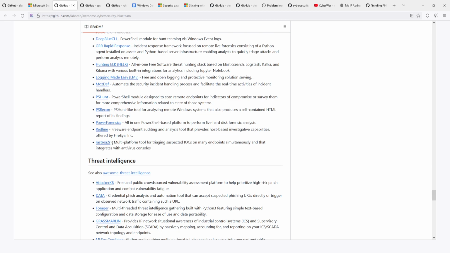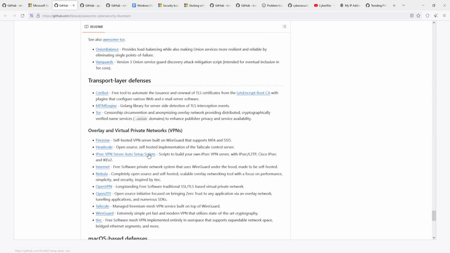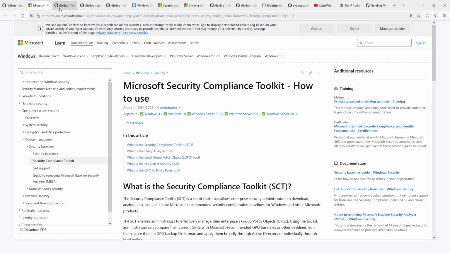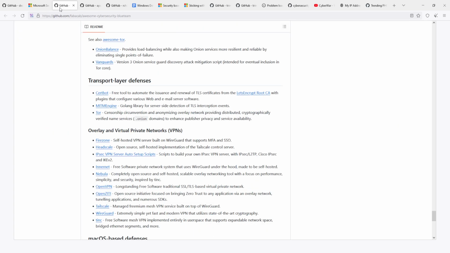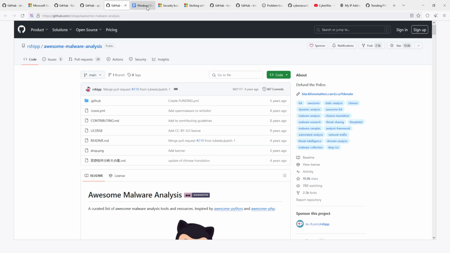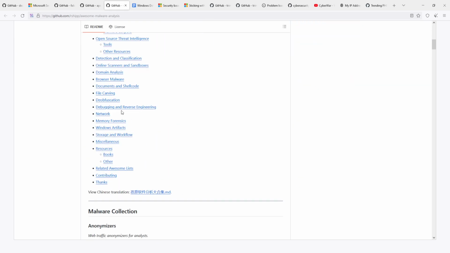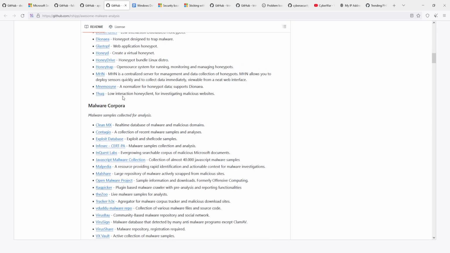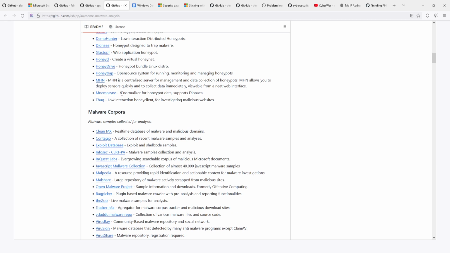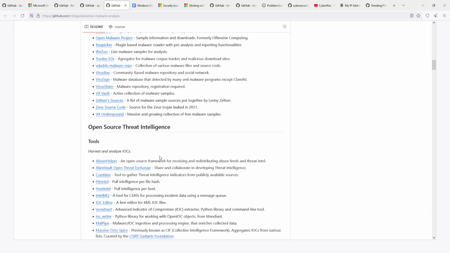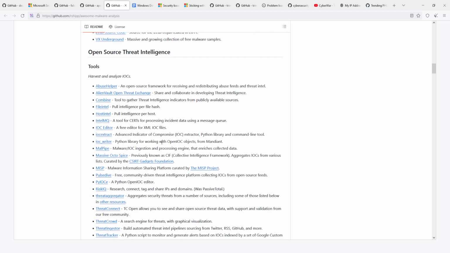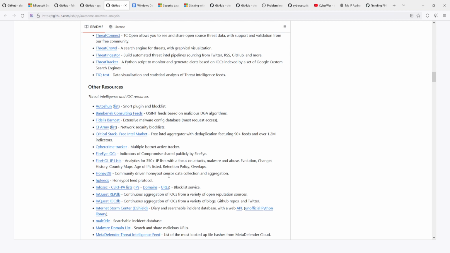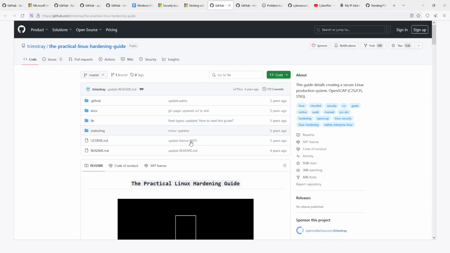But you need to be aware of the fact that there is a place where you can find information which is structured, right? Because sometimes the search engines can be a bit useless, or they prioritize results which are not necessarily the best. So depending on your field, have a look at GitHub at these awesome lists, and